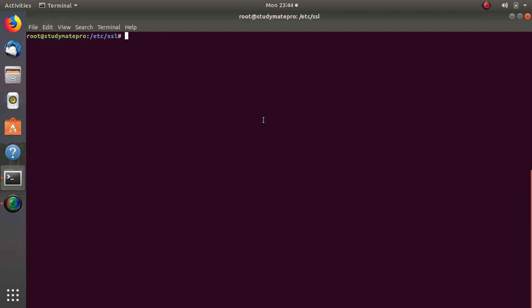Now let's do sudo cat intermediate certs intermediate cert.crt, and we concatenate it with the certs root cert.crt, and we output it to a file. The file name is up to you. You can choose whatever name. I chose the name root chain